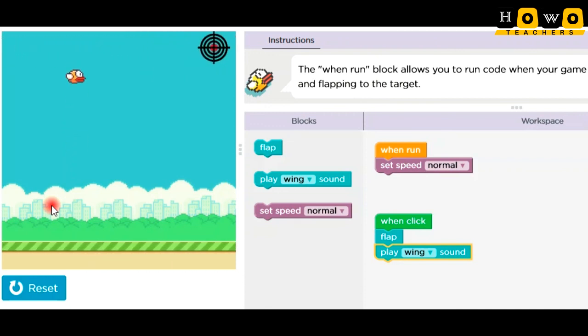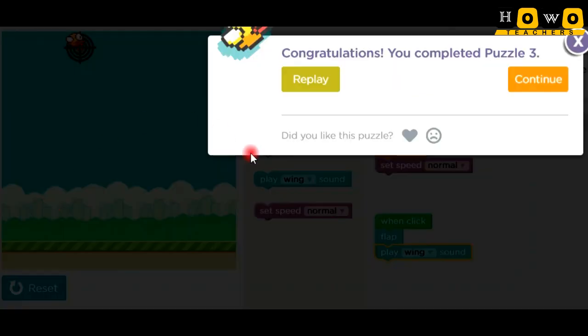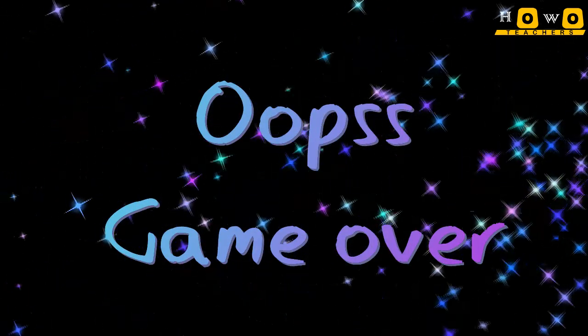Here, this flappy bird is moving by flapping its wings with a normal speed, as you can see. But as soon as I touch the ground or hit the black line, the game will be over. Oops, the game is over, and so is our lecture.